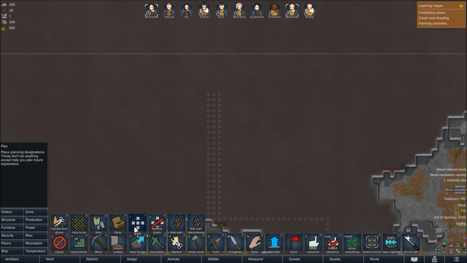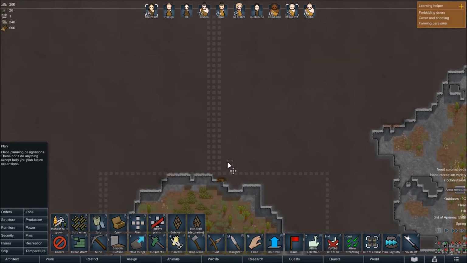We got a central corridor. I think we put our bedrooms at the back here, I think. Bedrooms at the back. So we're going to have, we want a...